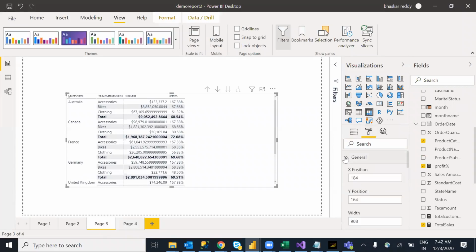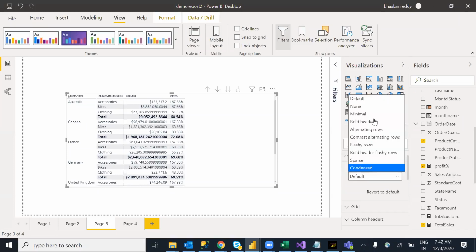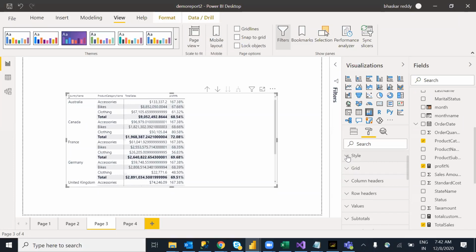All are general properties. General in the sense, it will remain the same, x-axis, y-axis. I don't touch this one once again. Then we have style, same kind of styles. What are the styles we have at table level? Minimal, bordered headers, bold headers kind of thing. I don't want any kind of styles. Normal style. Then however I want, I will apply colors for headers, rows and all.